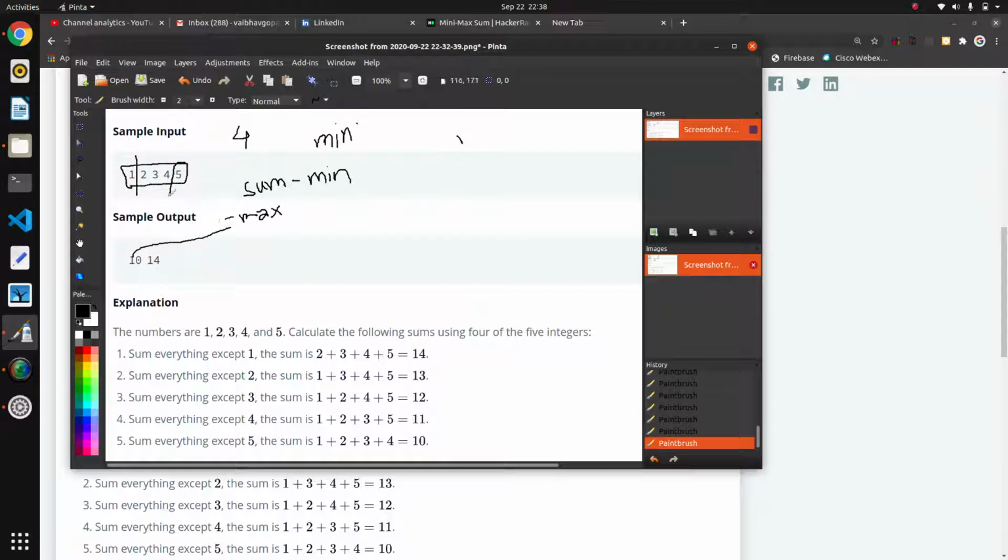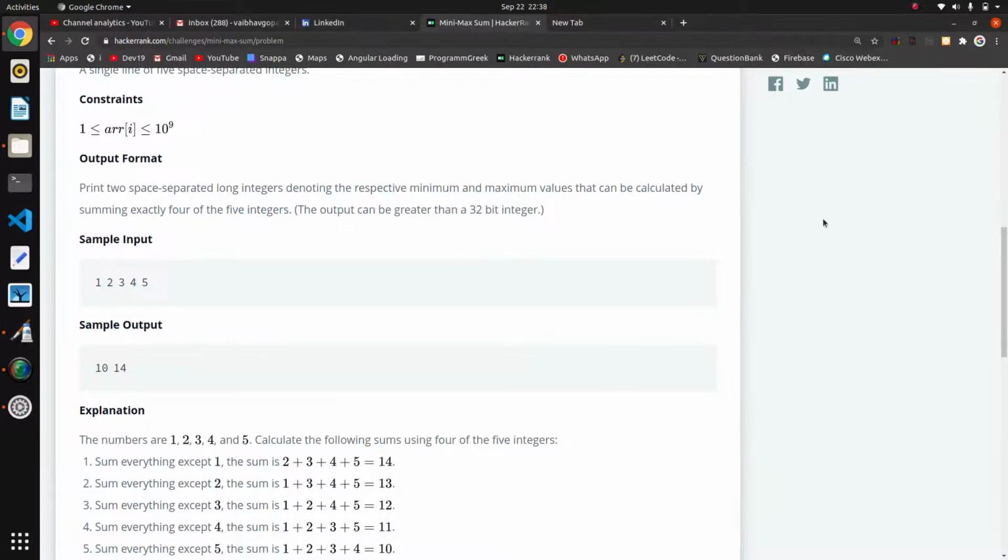If I subtract the minimum number, then I will get the maximum sum. So the simple thing is to find the sum of all numbers and subtract the minimum and maximum number from that sum. I will make a video on a one liner in Python.